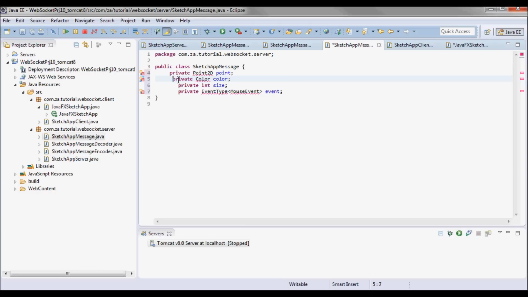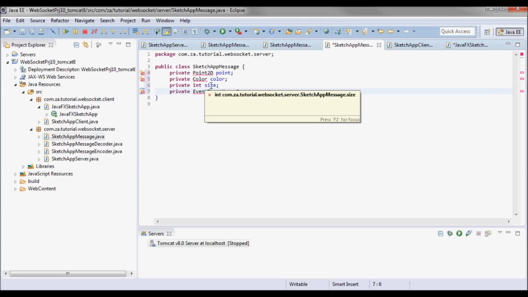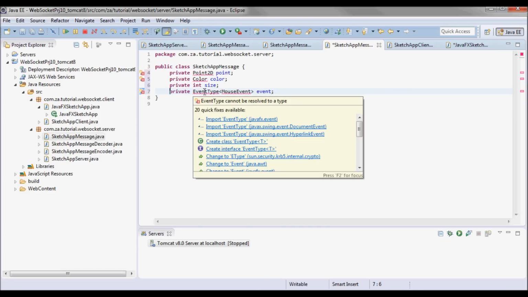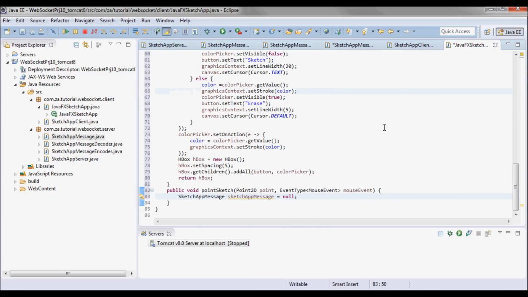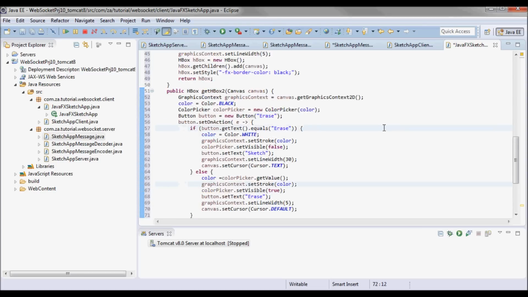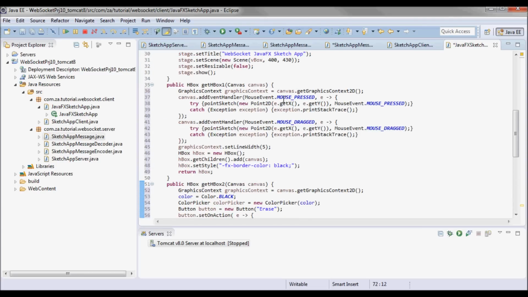So it will contain the point to be sketched, and the color and the size. So for example, for erasing it's 30, for normal sketching it's 5, and the event type. And here we have two event types: a mouse pressed and a mouse dragged event.